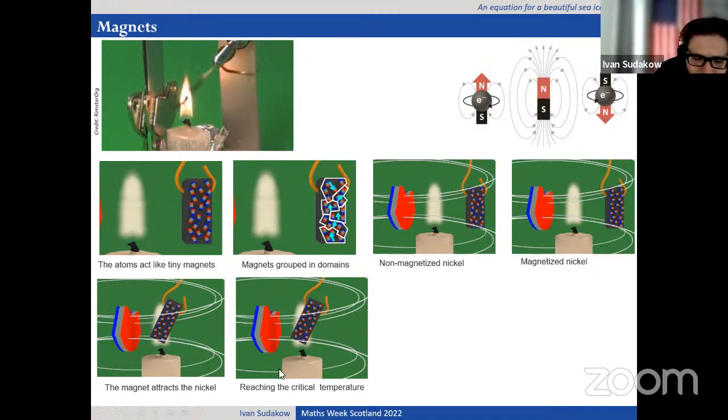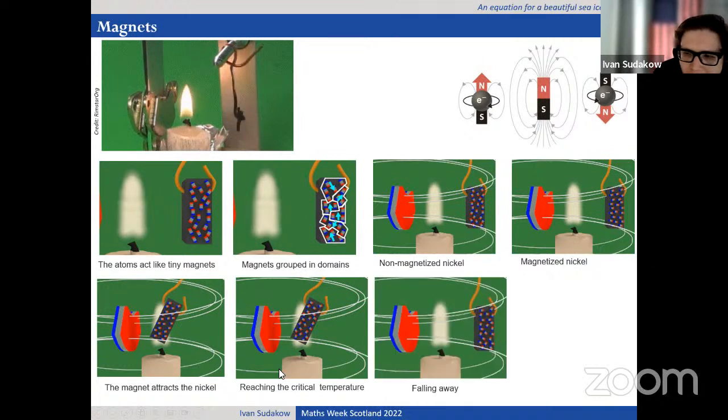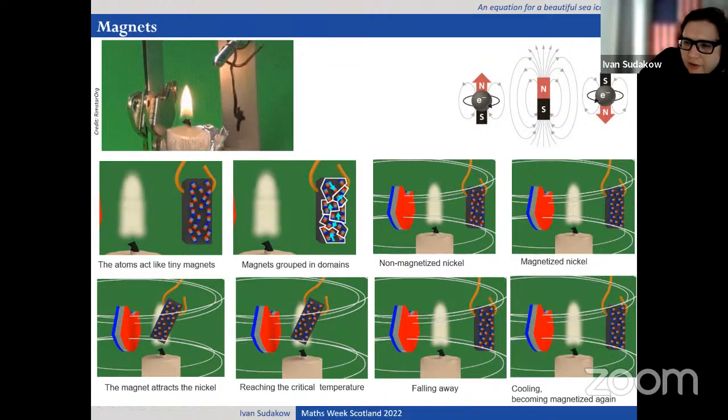When the magnetic feature disappears, the magnet falls away, because they're not really ordered like they were before, and we're not really going to attract this magnet, because now the temperature in the system is increasing and they have more disorder. They want to do whatever they want, rather than be attracted by this magnet. And again, finally, this feature appears